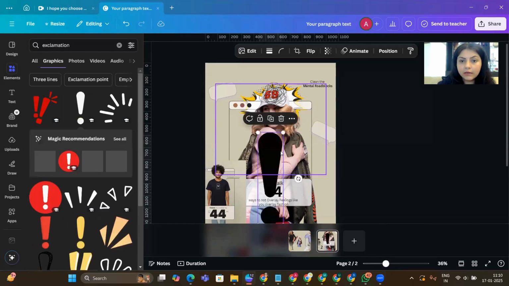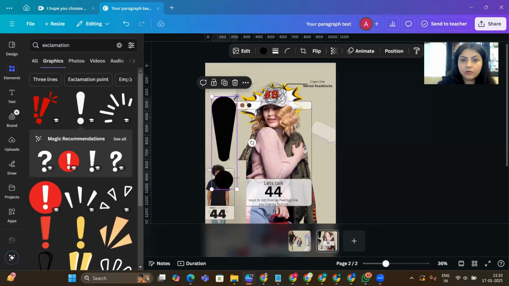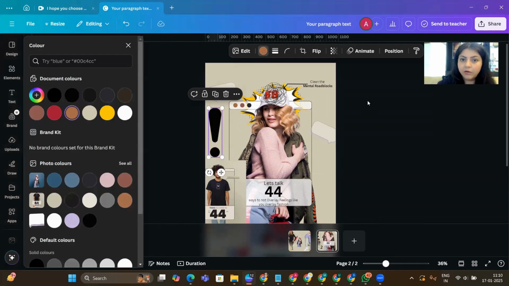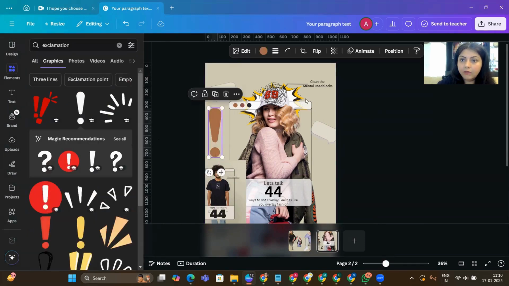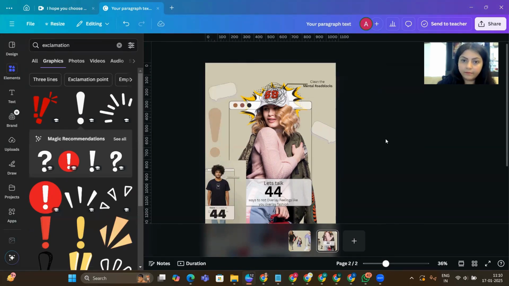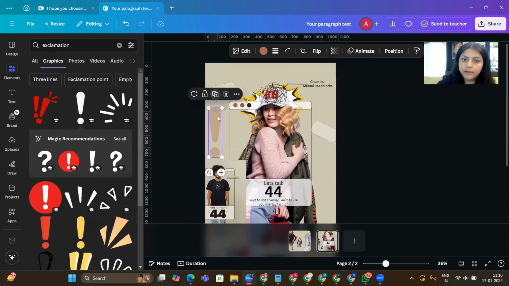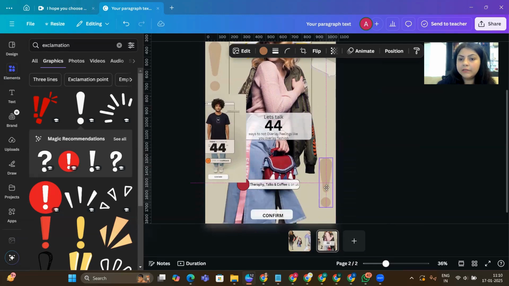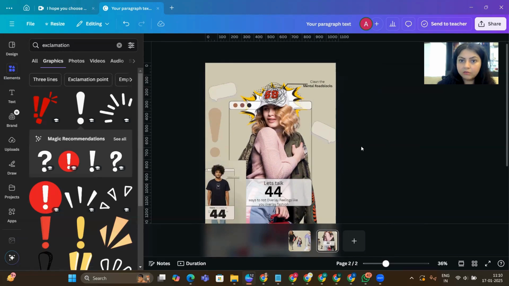I can use this. I can change the color, because it's again very prominent. Make it a neutral color. And even after that, this is taking too much attention. I don't want that. Reduce the transparency. And I'll duplicate this. A very good concept is also to duplicate elements. If you try to use more than one element most of the times, it feels like it's a part of